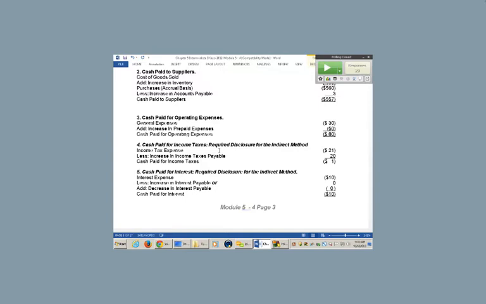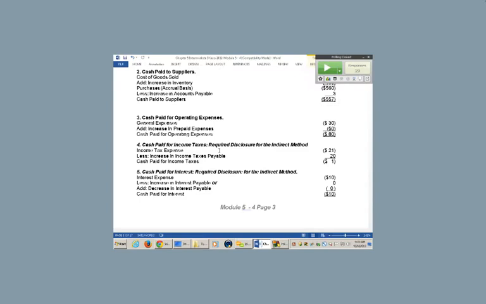It's a disclosure for the indirect cash flow method. Yeah, but you'd find tax expense on the income statement, right? So the point I'm making is that the disclosures for the indirect cash flow require that you calculate tax paid and interest paid. Yep. So I might give you an indirect cash flow, and you still have to calculate cash paid for tax and cash paid for interest on a direct cash flow basis.